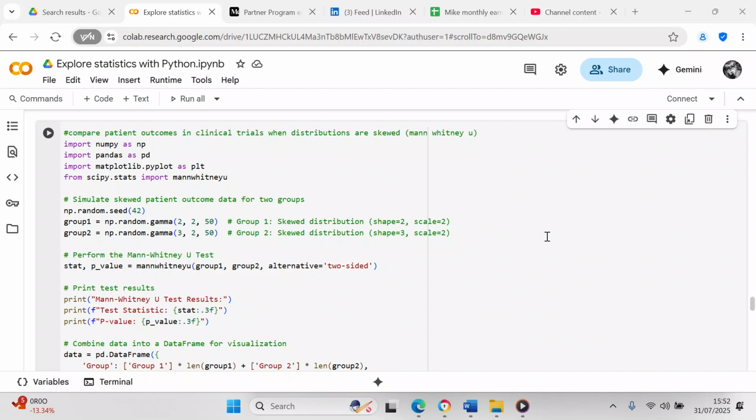In this particular video, what we're going to do is carry out some clinical trials using the Mann Whitney U test. And we're going to do that by writing a program in Python. And in order to execute the program in Python, we need to import